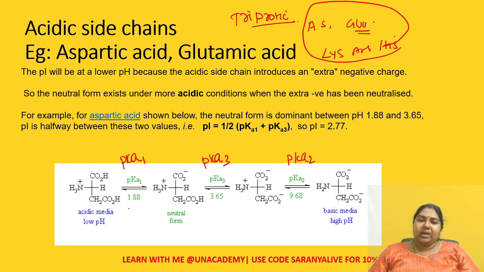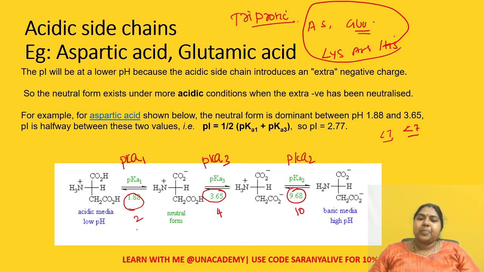See here, what is the pKa value here? It is somewhere around 2, right? So this pKa value is somewhere around 4. This is somewhere around 10. Okay, now you are going to club together those which are similar. Similar means less than 7, greater than 7. Only two categories: if it is going to be less than 7 or greater than 7.